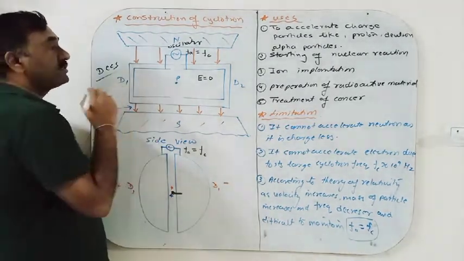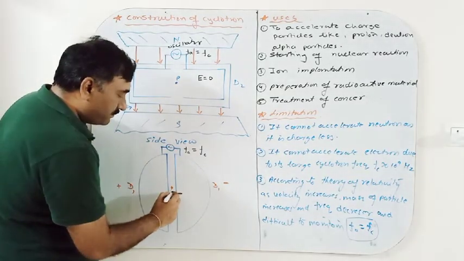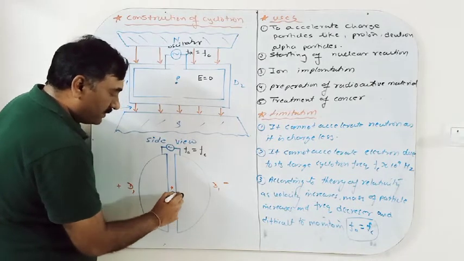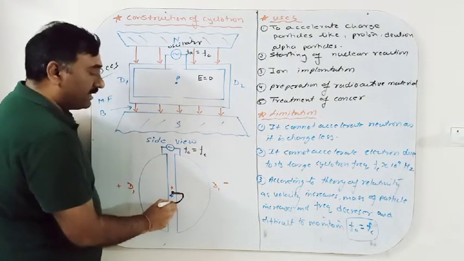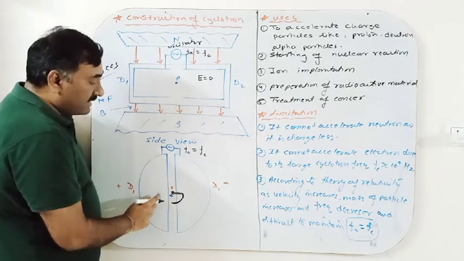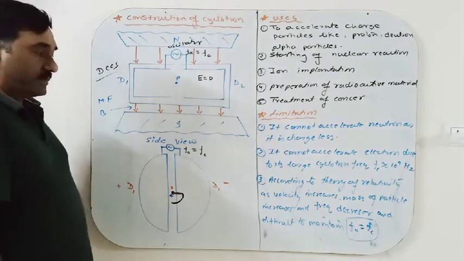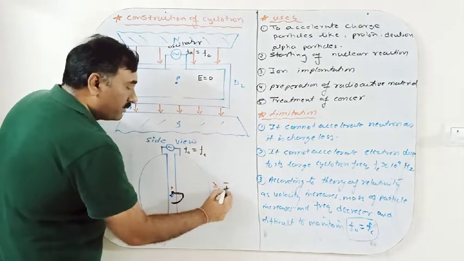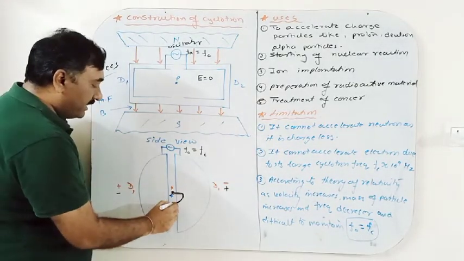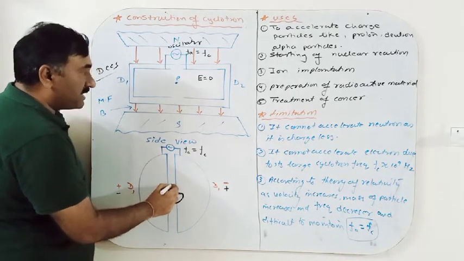But there is a presence of a perpendicular magnetic field. So it rotates the charged particle in a circular motion, and again the particle comes into the space between D1 and D2. As the charged particle comes into the space between D1 and D2, the polarities get reversed. Now D1 becomes positive and D2 becomes negative. So now this proton will enter D2, and after completing half a cycle, again it comes into the space between